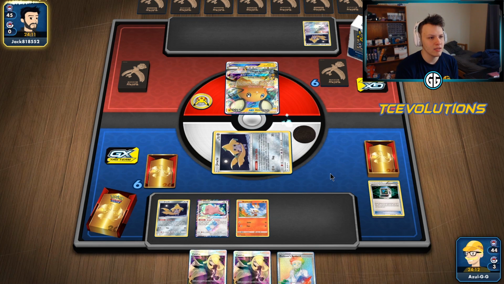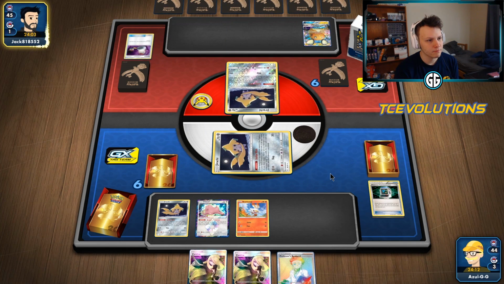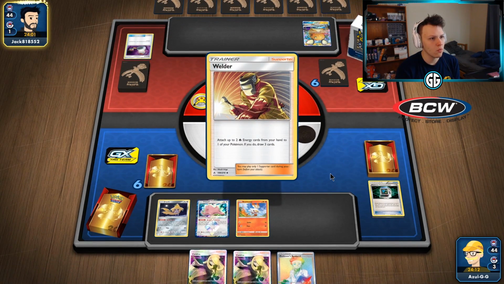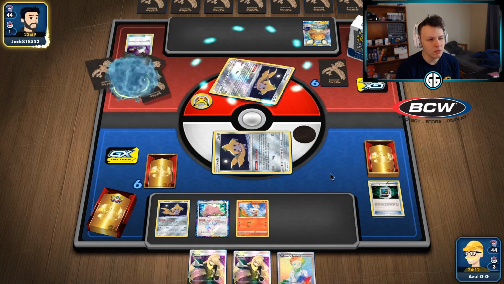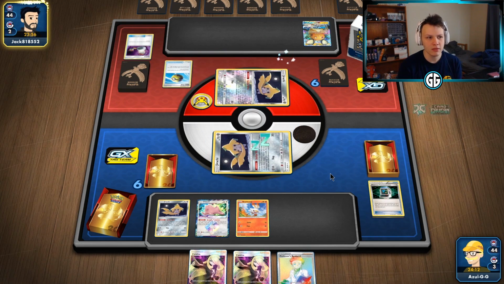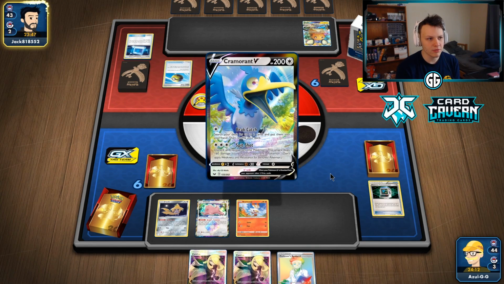There is a Jirachi. There's a switch into the Jirachi. There's a Welder. Maybe it's Welder Mewtwo. There's a Quick Ball. So I guess it's Mewtwo. It's Welder Mewtwo. They chose to go second, though, which is a little off. I feel like you definitely want to go first with Welder Mewtwo. There's a Cramorant. Oh, it is maybe...